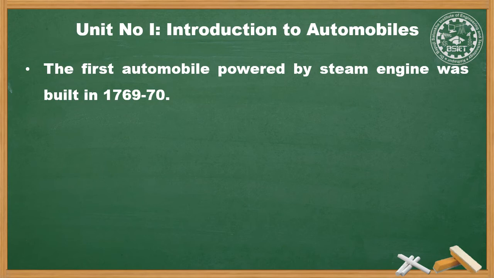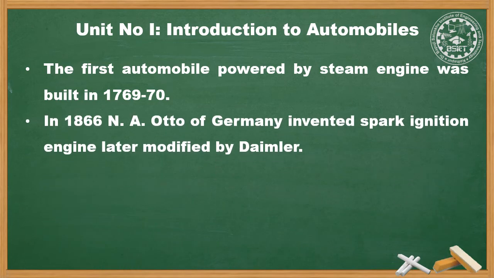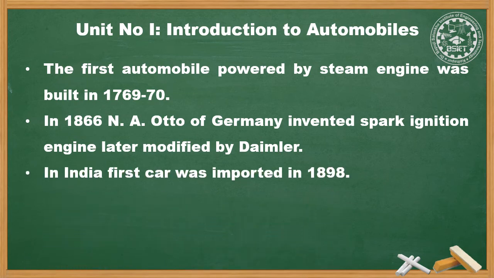The first practical automobile fitted with IC engine which ran on city gas was ignited by electric spark plug by Belgian inventor Etienne Lenoir in 1860. In 1866, Nicolaus Otto, an engineer of Germany, invented a four-stroke engine which was predecessor of modern gasoline engine. It was again modified by Gottlieb Daimler, who substituted oil for gas in